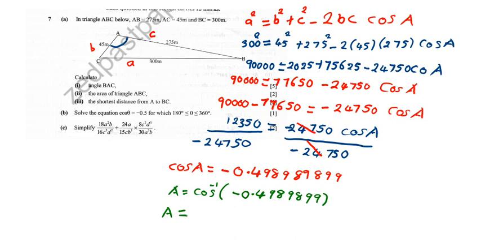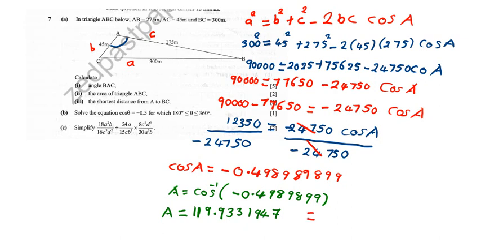We are getting 119.93319447. That's the figure we are getting. So now we have to round off that answer to one decimal place because it is an angle. If it is an angle, we leave it to one decimal place. If it's just a value, you leave it to two decimal places. So since our value of A is an angle,